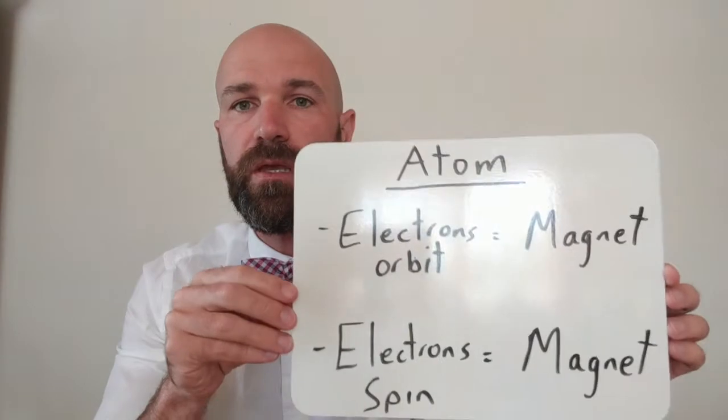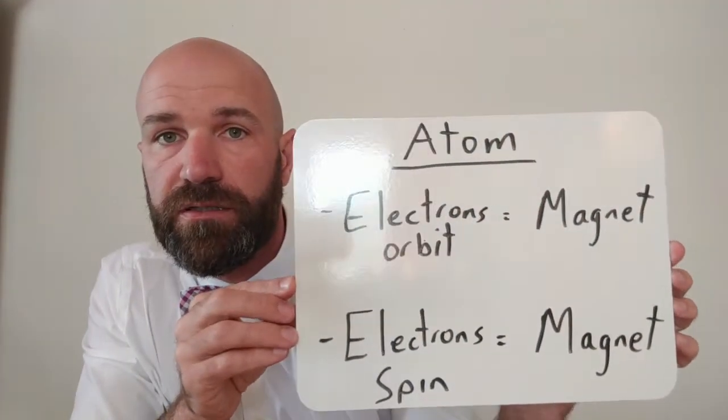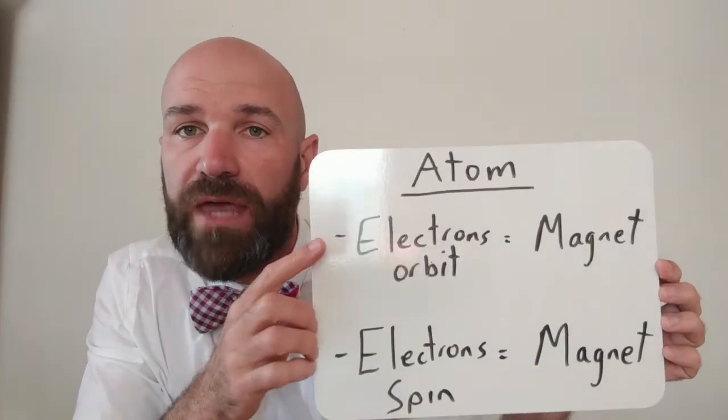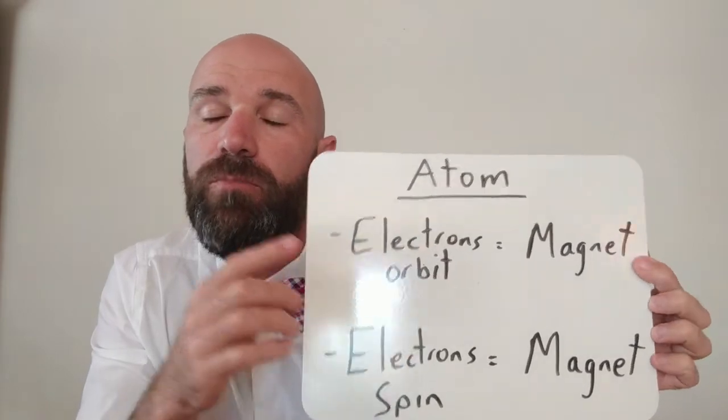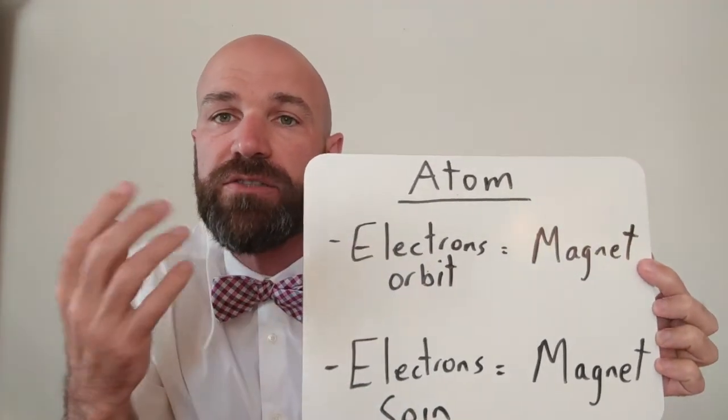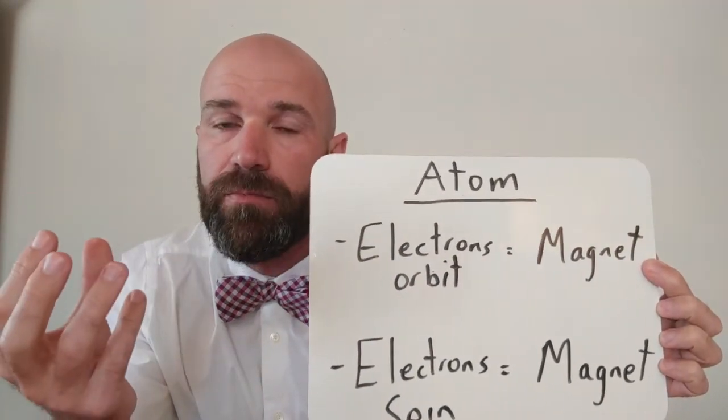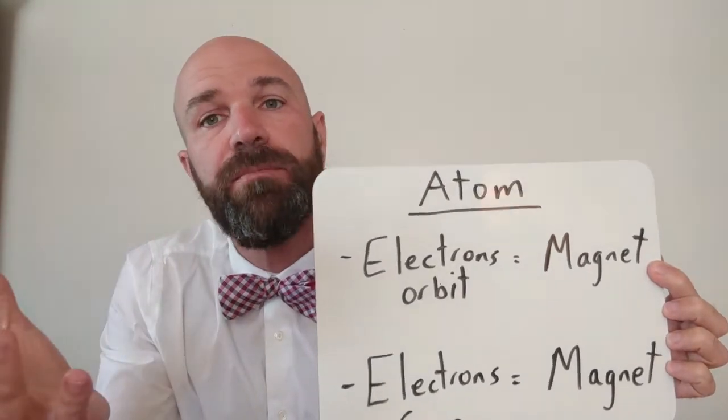So let's break this down to the smallest thing that we study, which is the atom. In the atom, we know that the electrons orbit the nucleus. So that orbiting means moving electrons, and therefore an atom has moving electrons, therefore an atom is a magnet,